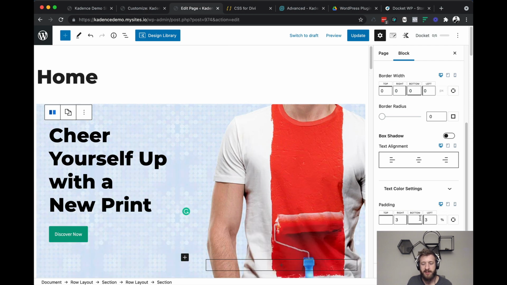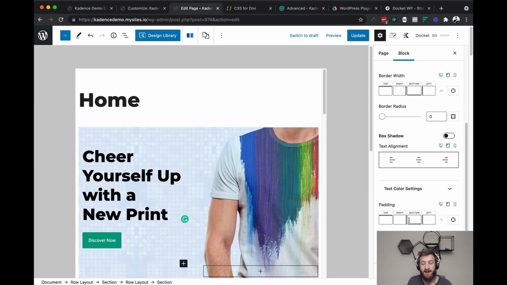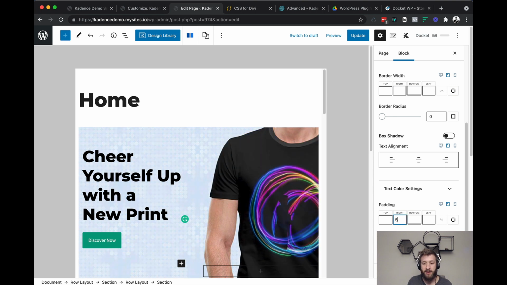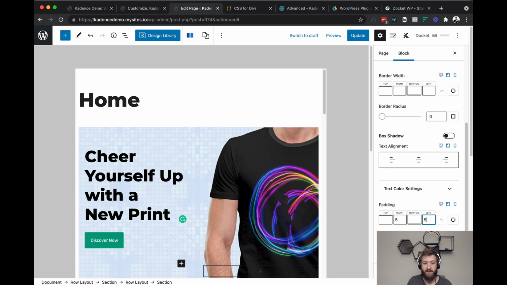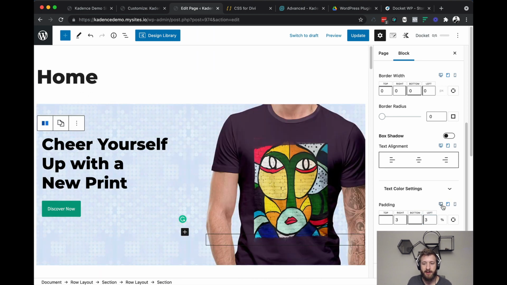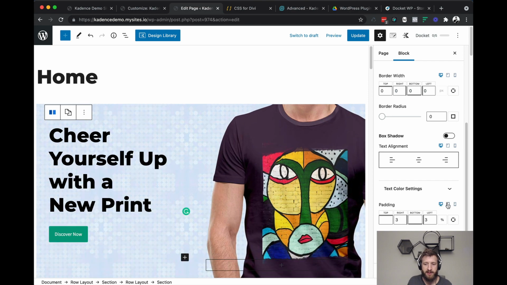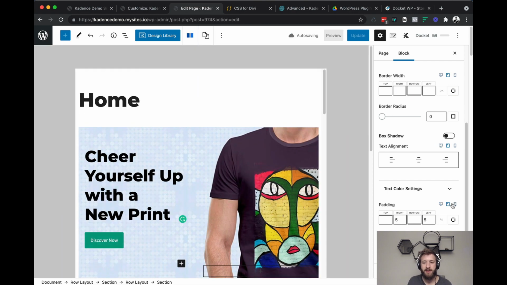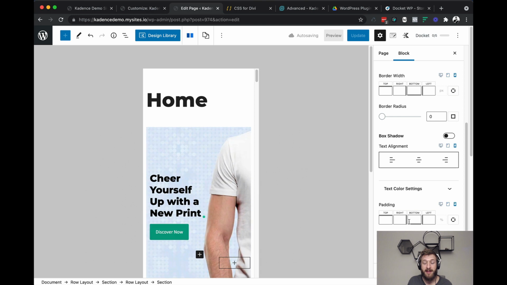So if there's 3% in these boxes and the others are empty, as you go down the breakpoints, 3% is still being applied. If you wanted specifically to have like 5% on either side on tablet, then you would need to enter that manually. So then you have 3% desktop left and right, 5% left and right on tablet, and then that 5% is going to be inherited on your mobile.